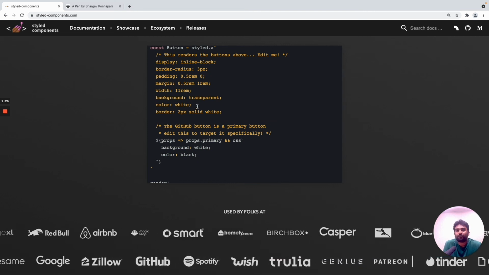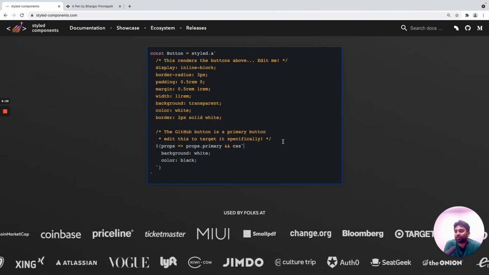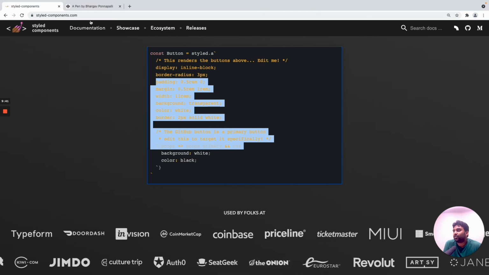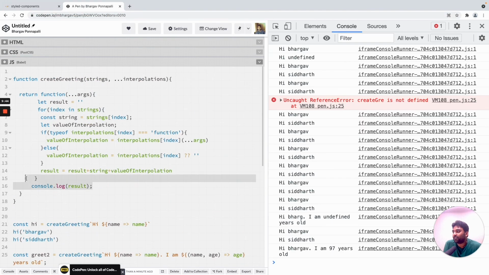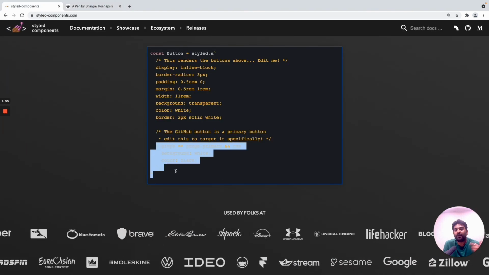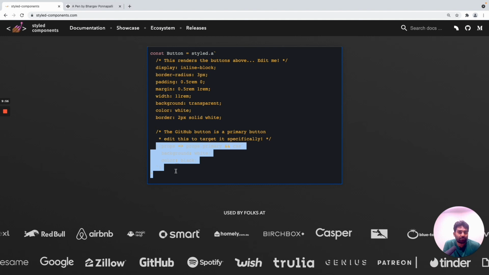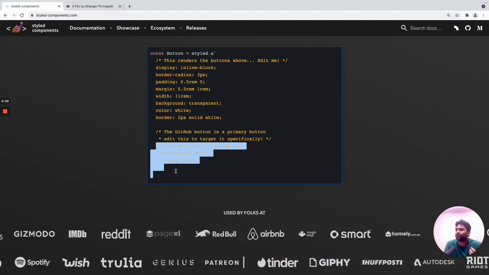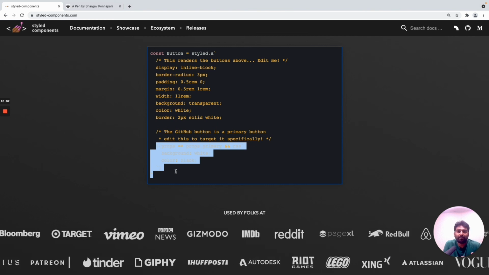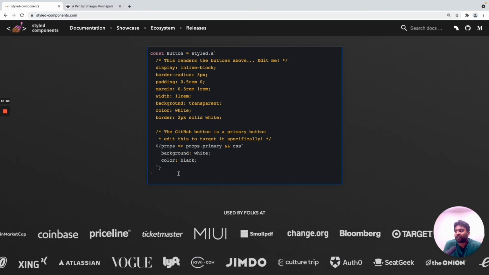Now that you see this syntax, with the knowledge of what you've learned in this video so far, some of this must be clear. Basically, this is all just plain strings. These are going to simply get added to the style sheet. So once it calculates the rules over here, it's going to add this result to the style sheet. But meanwhile, if it encounters functions, it's going to invoke those functions with props at a later point when the component is mounted. So if you're a React developer, you'll probably understand what I'm saying. Even if you're not, it's fine. This should give you some insight about how you can use tag template literals to do some amazing stuff and build some really awesome libraries.